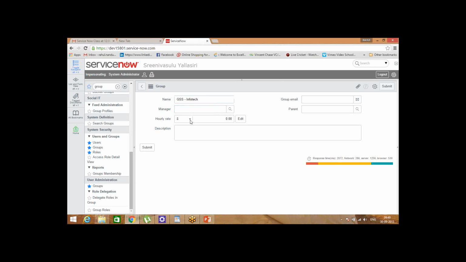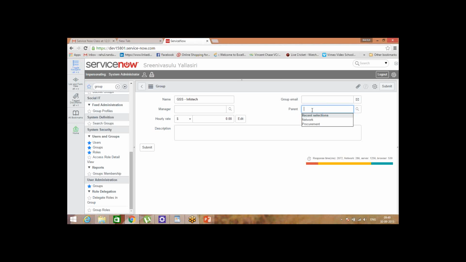Hourly rate and such are not required. And if you want to give a group email, you can give that. Here is the parent. Using the parent, we can inherit.